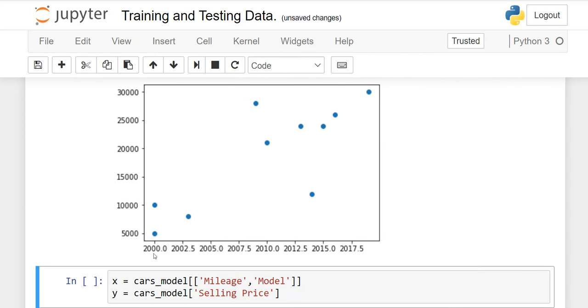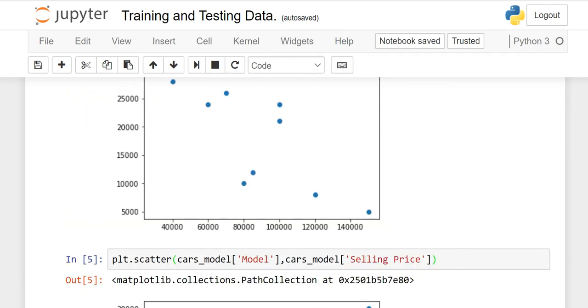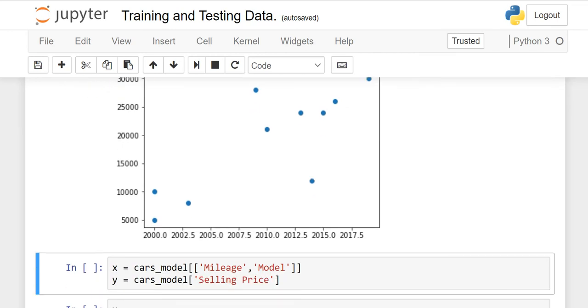See, these are the models. As the models increase, this is the 2000 model, 2002, 2005, and 2007, and so on. As the model year of the Acura increases, the price increases, right? If we draw this line, again, all points are not on the same line, but still we have a positive relationship between the two variables. As one variable increases, the other increases, right? But in the first example, one variable increases, the other decreases.